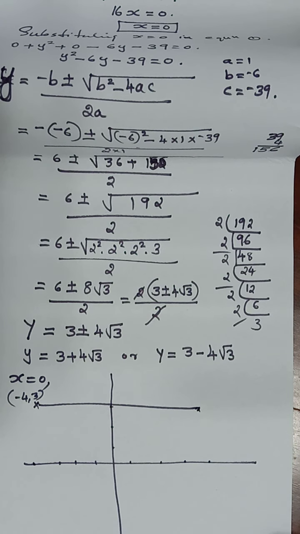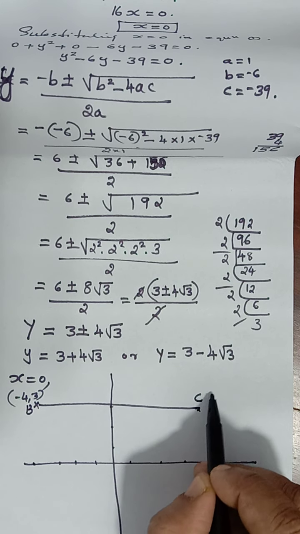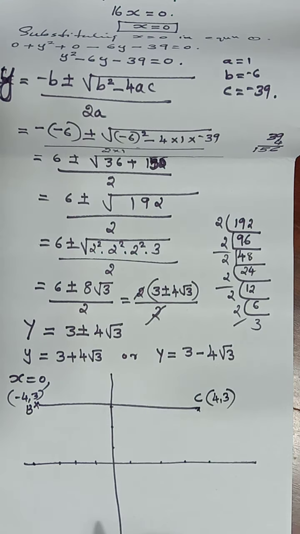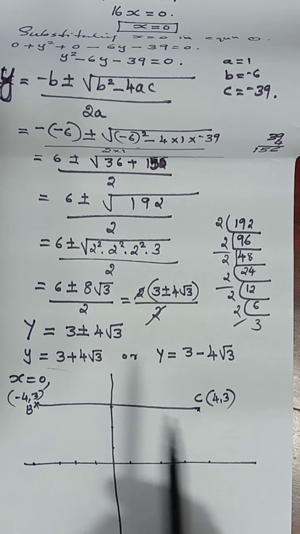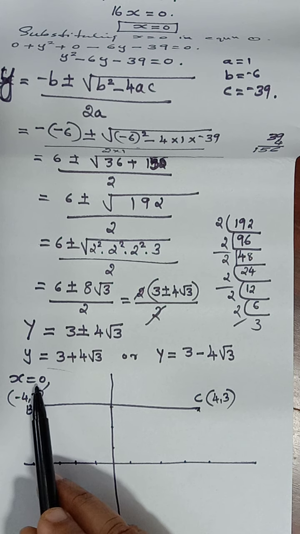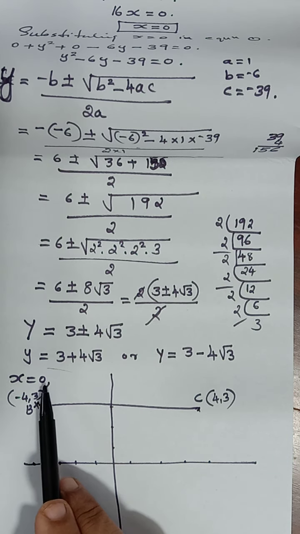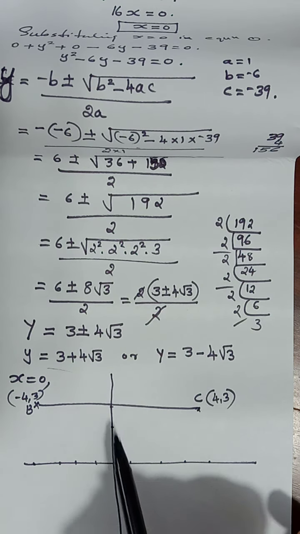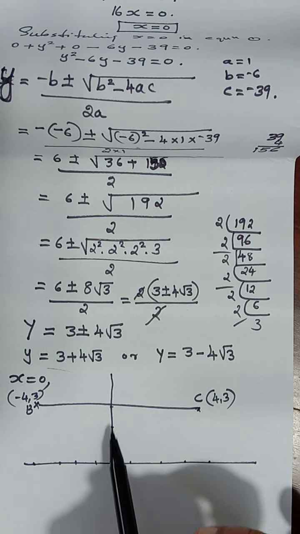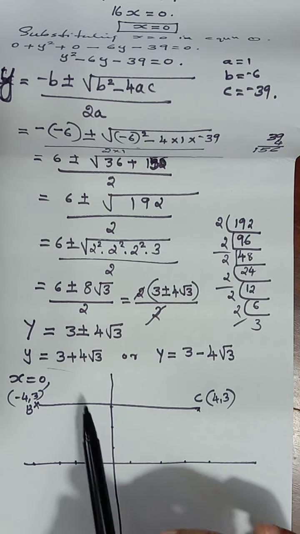This is a little bit of logic. These are the two points we are getting. This is our B and this is our C, 4, 3. The next point is our A, which we have to choose from these two. One thing we know is that the X coordinate of point A is 0. X coordinate 0 means it is somewhere on the y-axis. That is clearly understood. Then our y-coordinate.